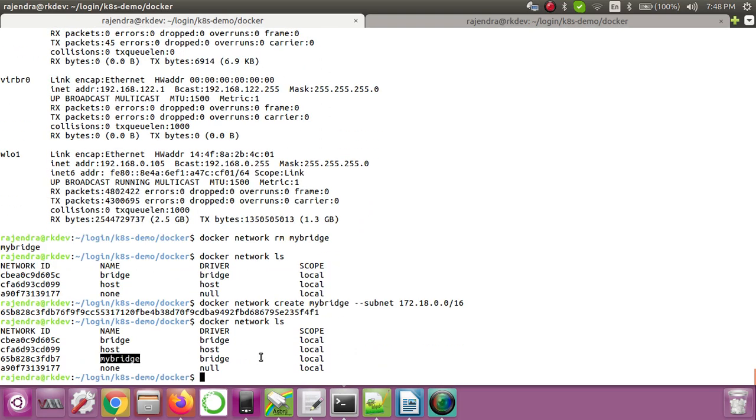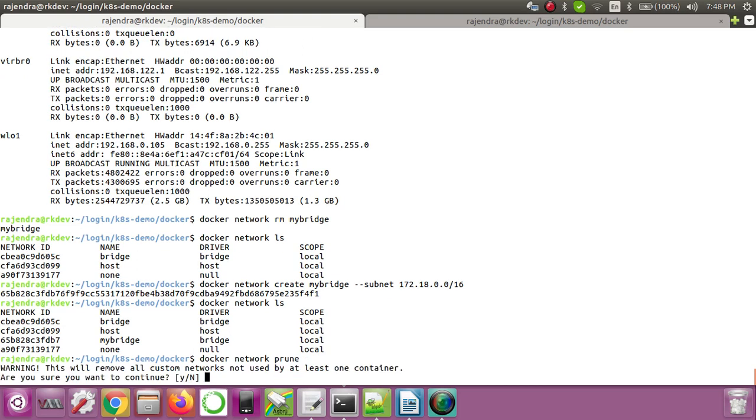But now if I do docker network prune, and run this, what it is saying is, this will remove all custom networks not used by at least one container. So that means it is just going to remove only custom networks and not the default networks.